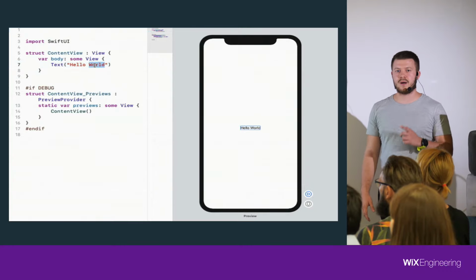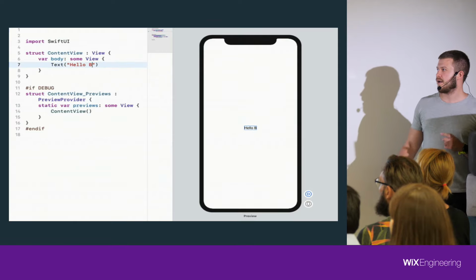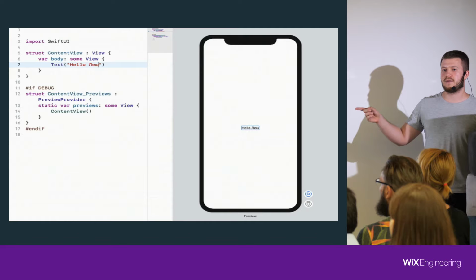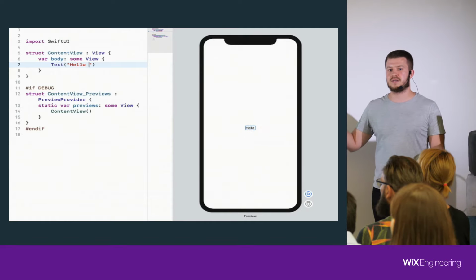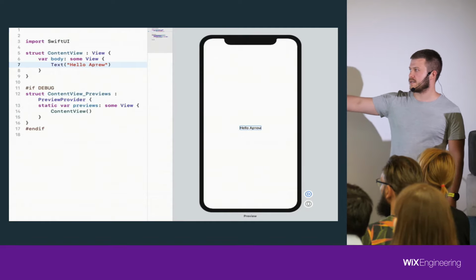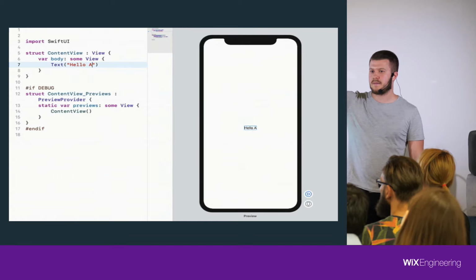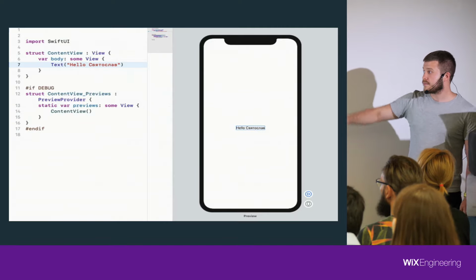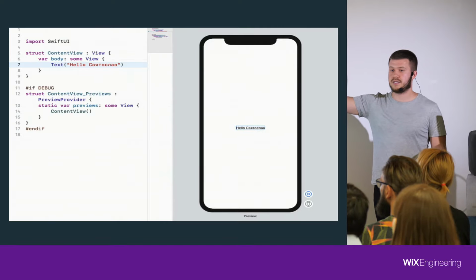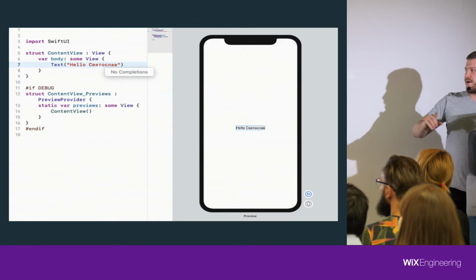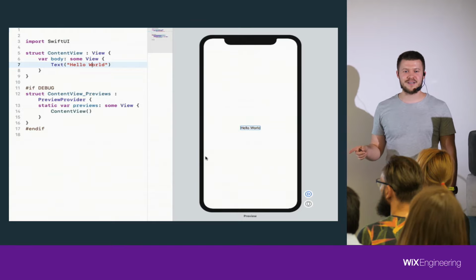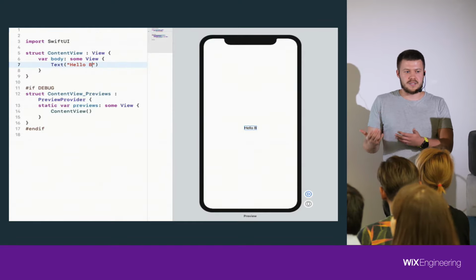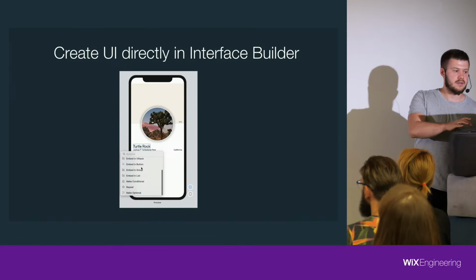And the very good thing to compare to Jetpack, SwiftUI has hot reloading. It's something we're really familiar with from React Native. So you see, I type in something, and on the preview, it renders immediately what I'm doing. In React Native we only have hot reloading to show what we did, but here